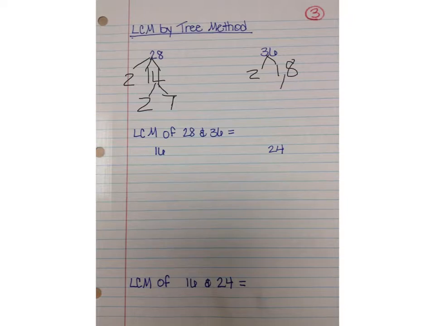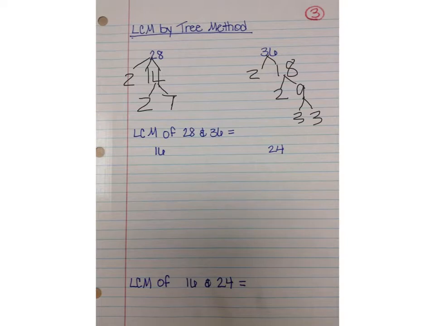Okay, so then we break 18 down. We do 2 times 9. And 2 is prime, so we stop there. And then 9 is 3 times 3, which are both prime numbers. Okay, so after we do that,